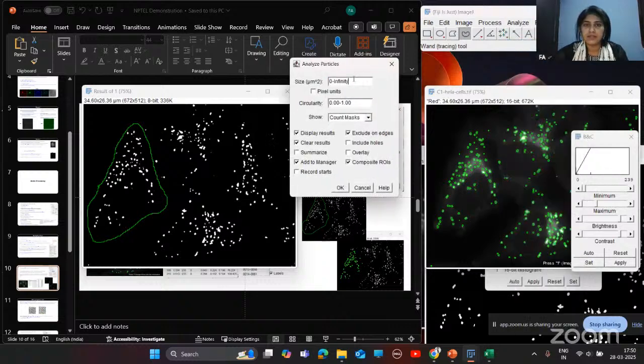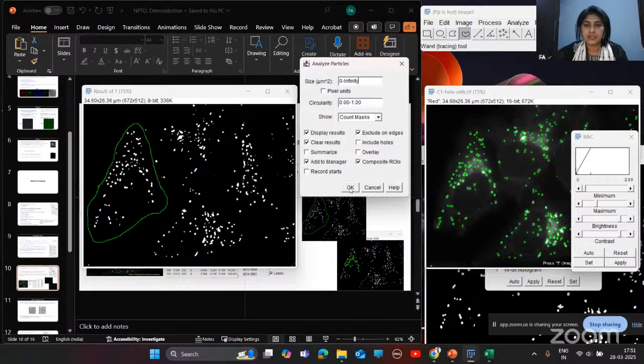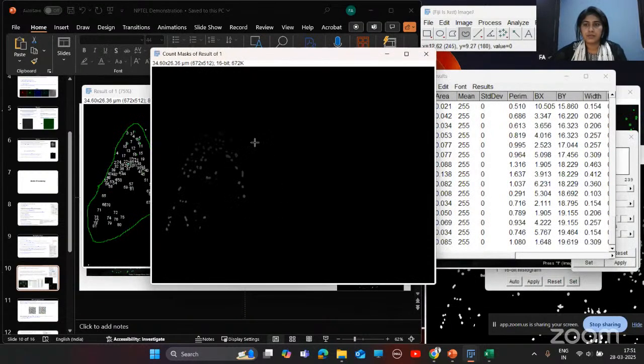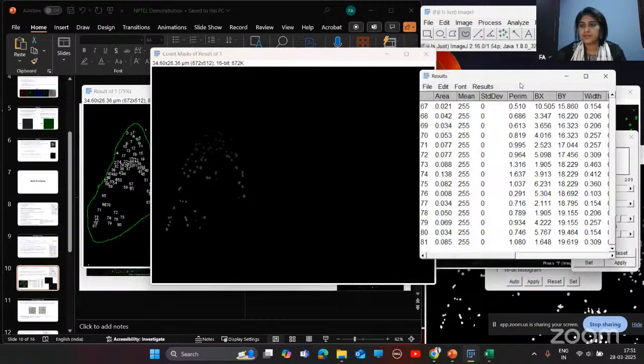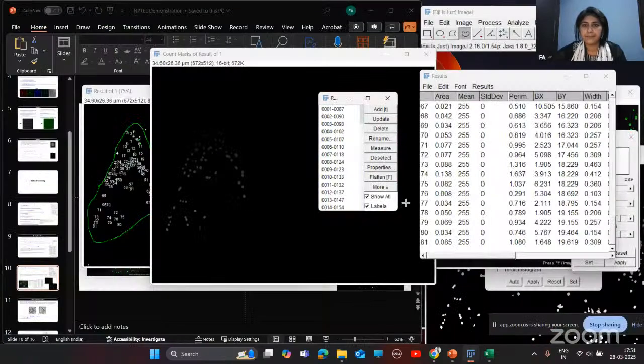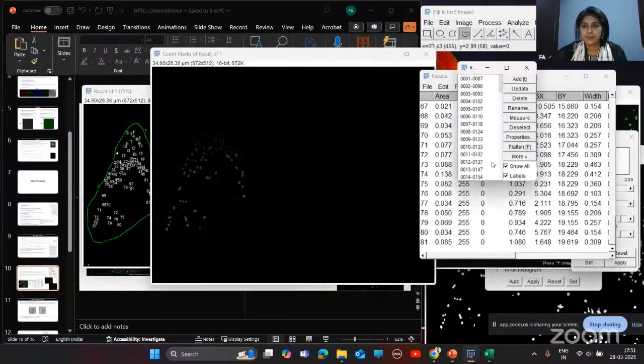I'll give these values and I'll select OK. So here you can see, these quantitative values are from this particular cell only.